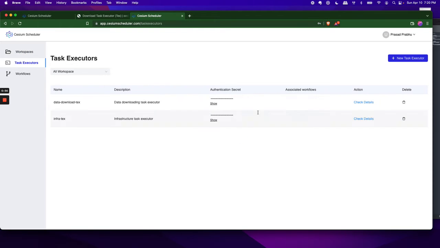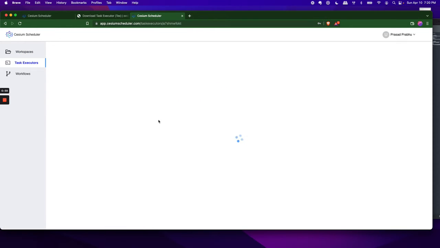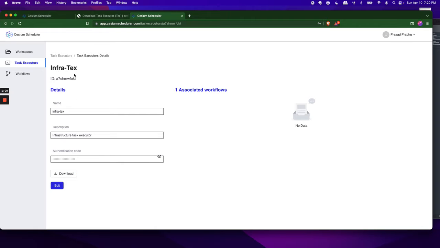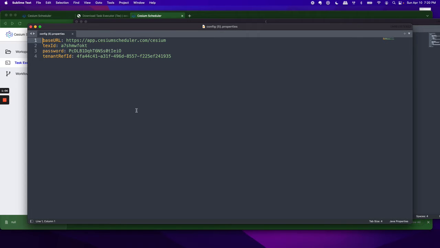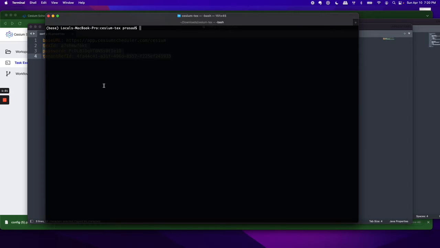Once you have the task executor created, to configure it, you need to go into the details and download the config file that comes along with it. If you open the config file, you're going to see a bunch of properties. We are interested in these three, which are the most important ones. You have the text ID, the password, and the tenant ref ID. You need to copy these over into